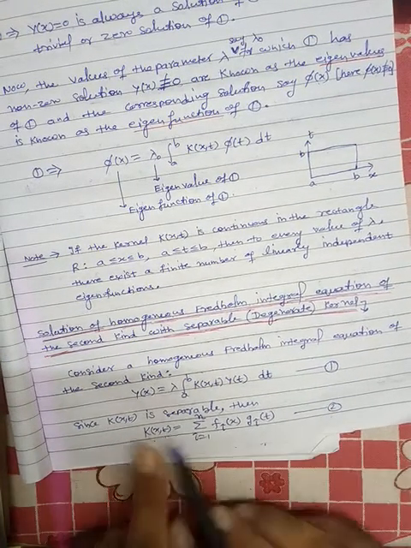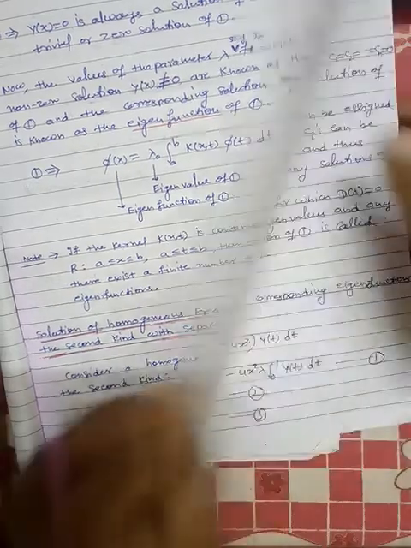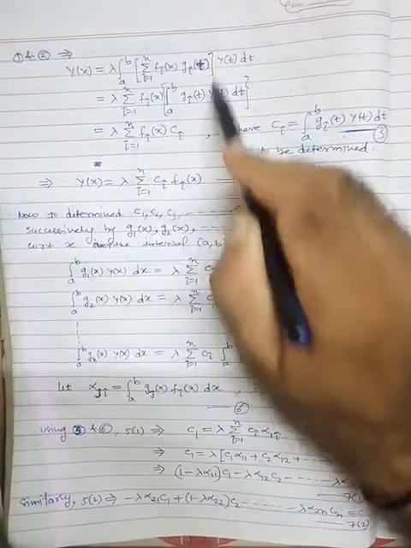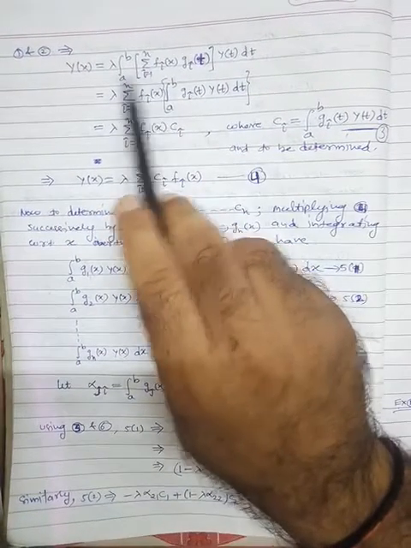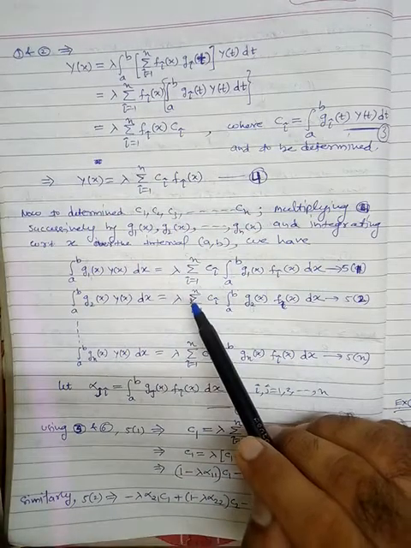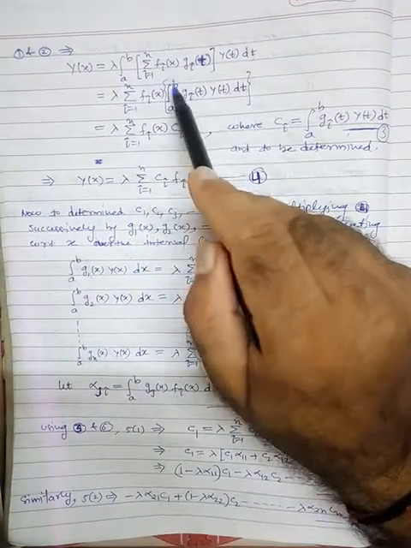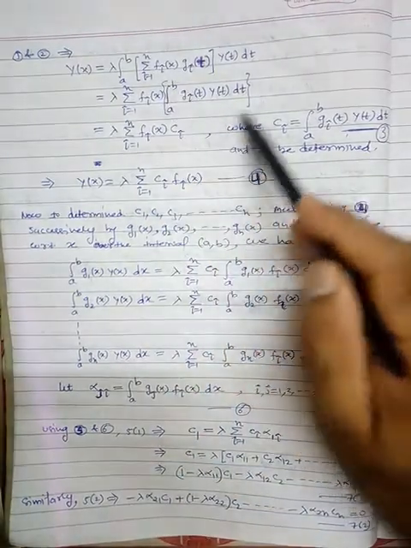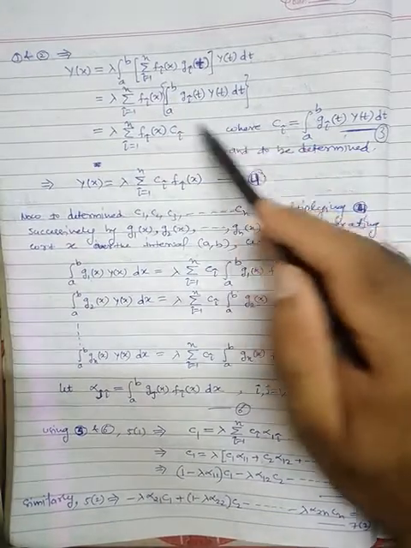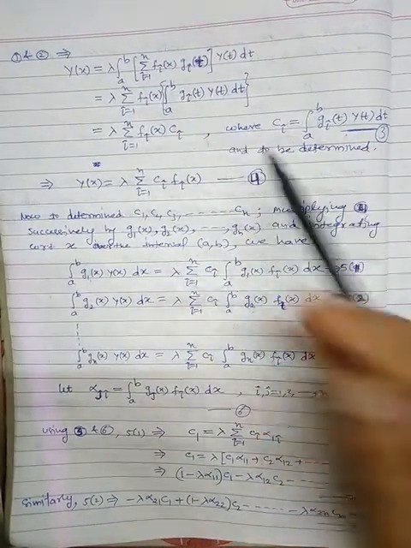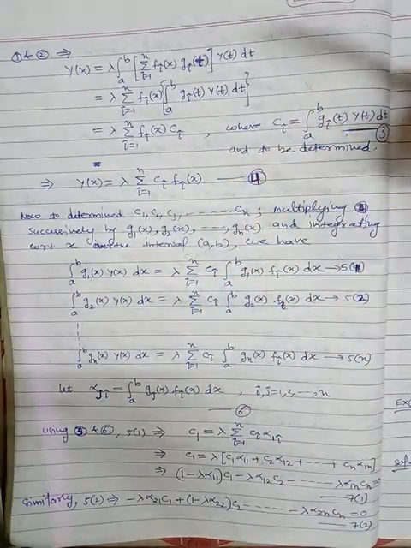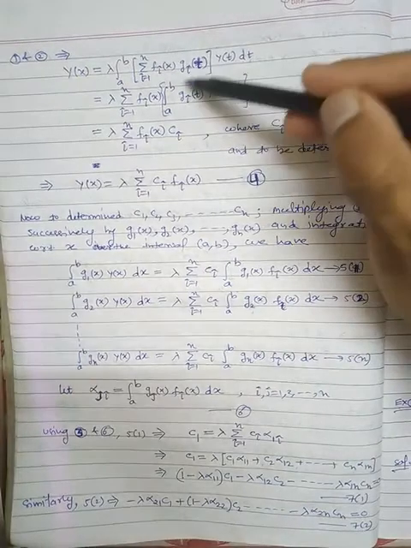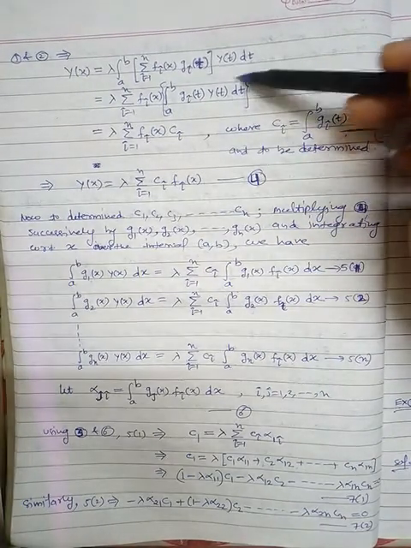Now we will put this K(x,t) in equation number 1. So what will we get? In place of K, we have this. Now interchange the summation and the integral, and we have this term. Fine. So now lambda summation of f_i(x), integral a to b, and then g_i(t) y(t) dt. This is all in the form of t, and here are finite limits. So obviously after solving this, we get a constant, because the limits are constant and we have only functions of t. We are integrating with respect to t.